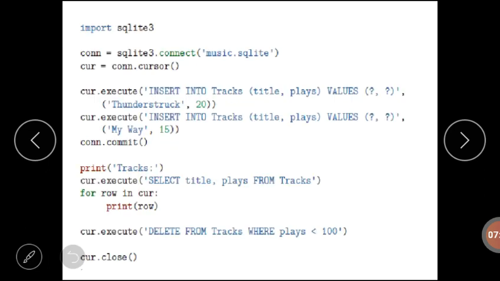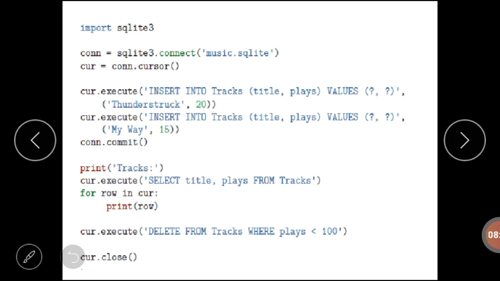Now in the previous program we have discussed how we can create a table, but we have not inserted any records into it. So consider another program which will create a table and then insert two rows and finally delete a record based on some conditions.